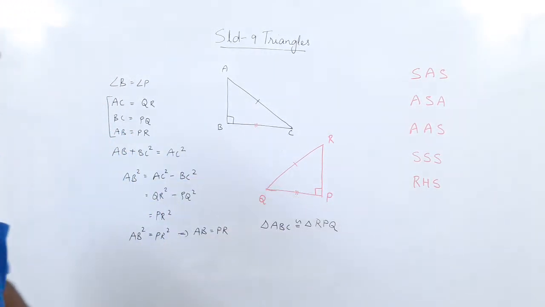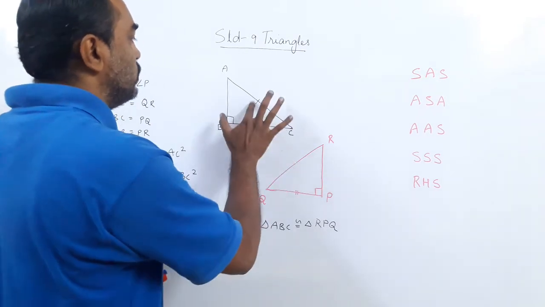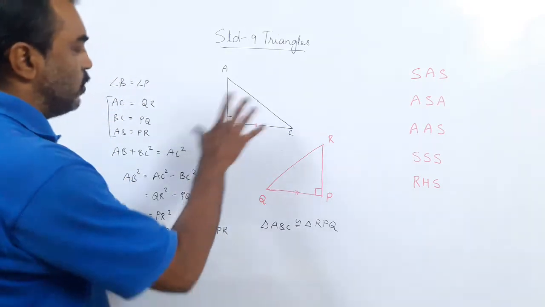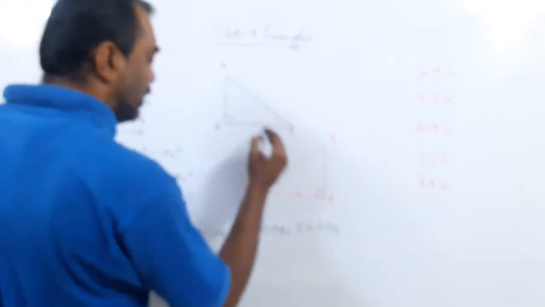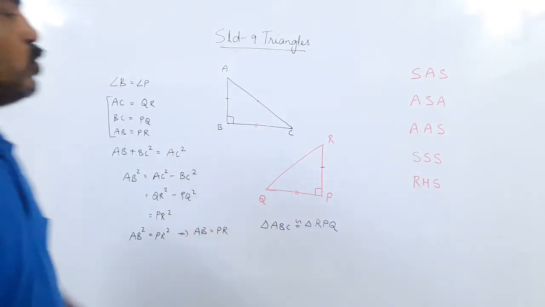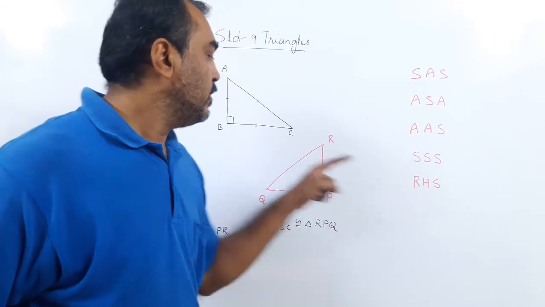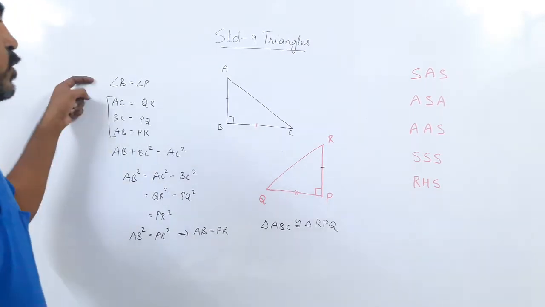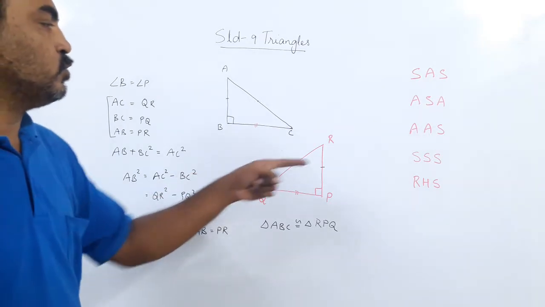Okay? Now many people make a mistake. What mistake they make, I will show you. Sometimes you are given a right angle triangle, okay? But you are given this side and this side is equal and this side and this side is equal. Now many people look at the right angle triangle and so they write by RHS. But RHS tells you it should be the right angle, the hypotenuse should be equal. Here the hypotenuse is not given equal. You can use Pythagoras theorem and show that the hypotenuse is equal. You can do that, and after that you can use RHS.